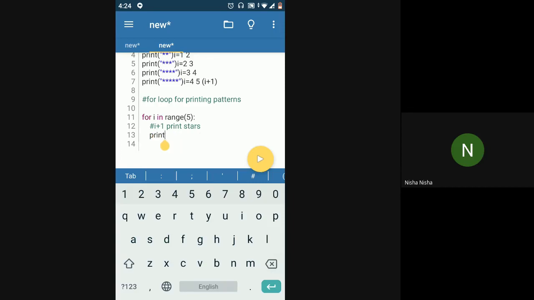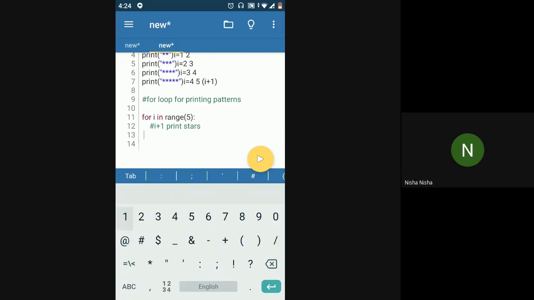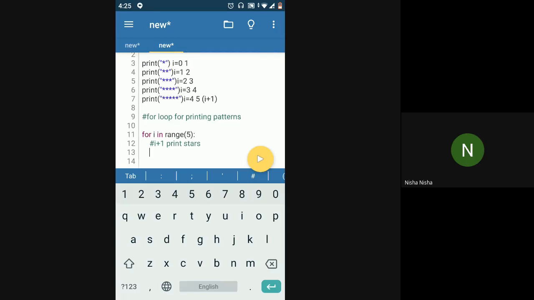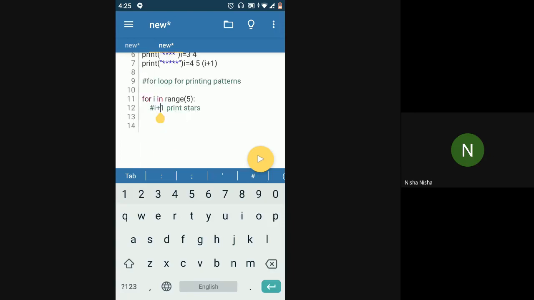Okay. So now I can again use a for loop in this case to print that many number of stars as I require here. Because I know that I have to print I plus 1 stars, which is a definitive thing, right? So whenever I is 0, 1 star would be printed.